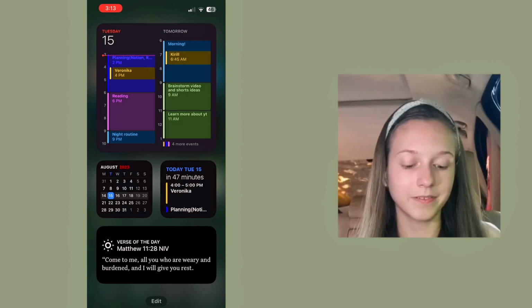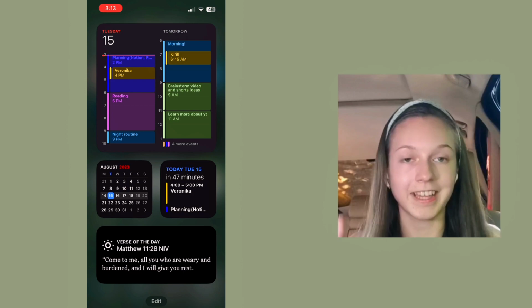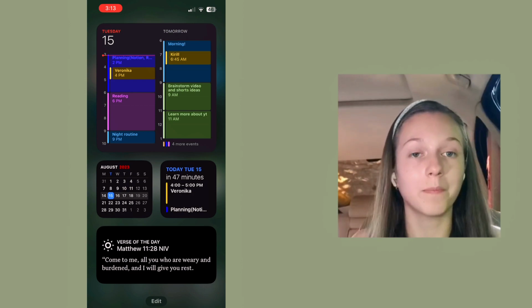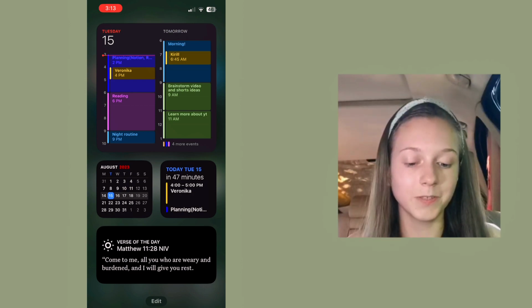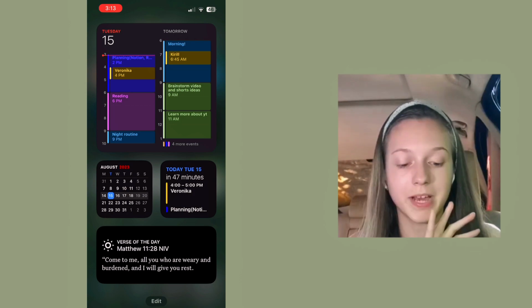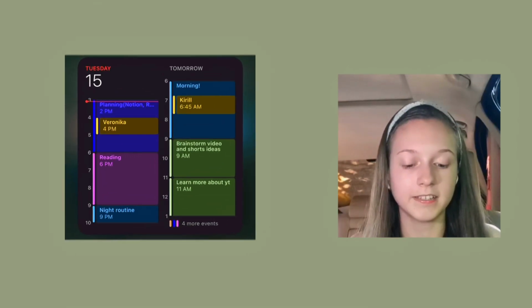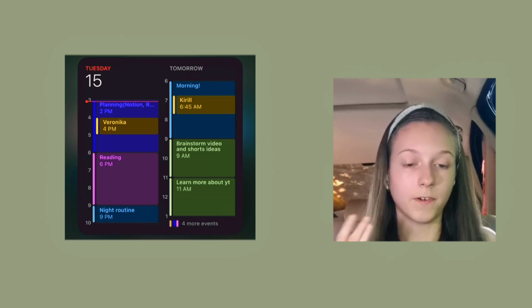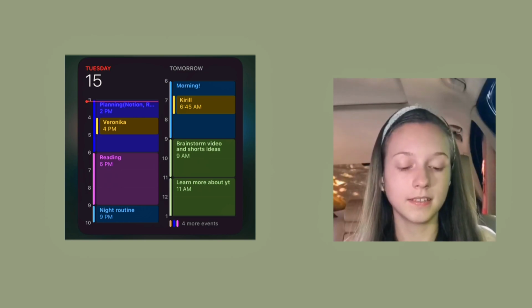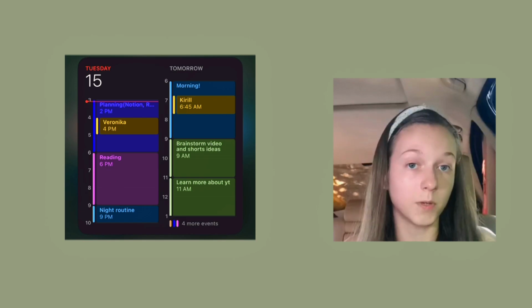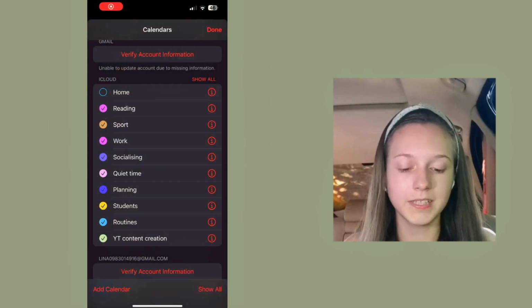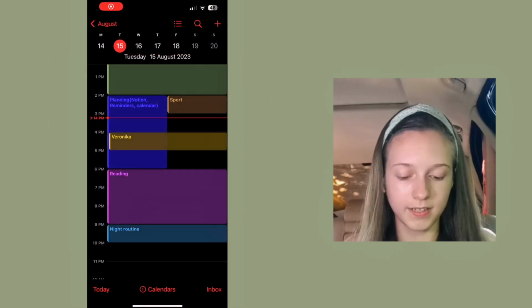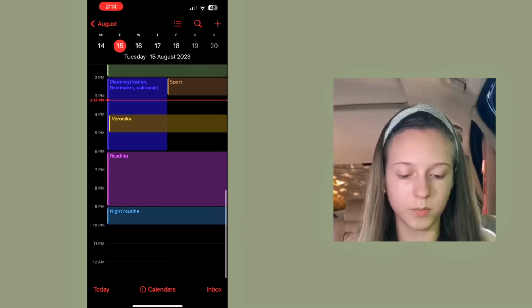Here I have 4 widgets, and 3 of them are from Apple Calendar. The first widget, the biggest one, is actually my entire daily agenda, and as you can see, on the first side I have the remaining tasks for today because it's already afternoon, and on the second half I have the tomorrow agenda. So let's go to it. So as you can see, here is how I plan all my days,